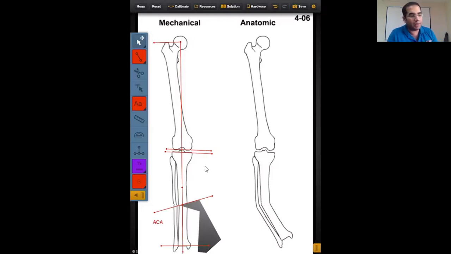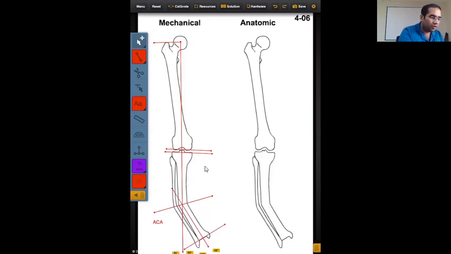If you want to plan, let's suppose in this X-ray we are going to plan a closing wedge osteotomy because it's a mid-diaphyseal fracture. You don't want to add bone here. You have planned that you're going to correct this deformity by putting in an intramedullary nail, and you plan to shorten the limb a little bit, simply close it and put a nail. So how do you know that you have removed an adequate amount of bone?